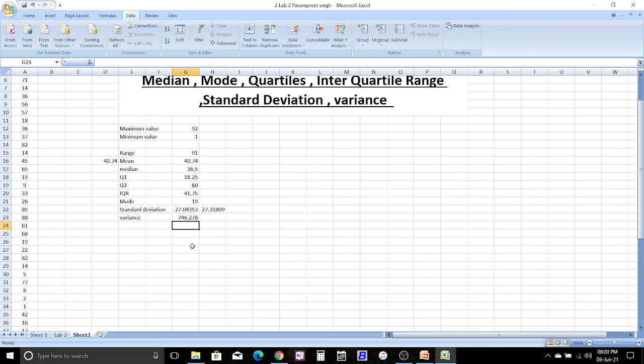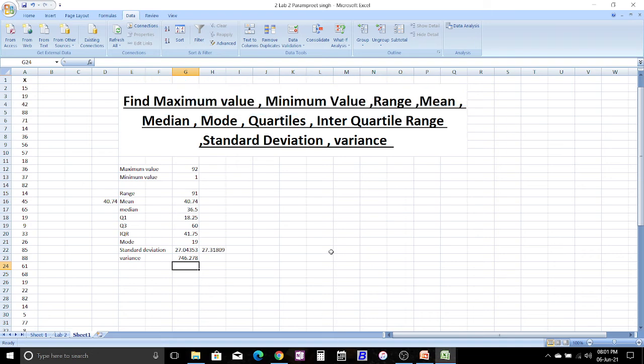The value is 746.278. Variance is just the square of our given standard deviation, so 746.278 is the right one. So in this way we can calculate any of these things.